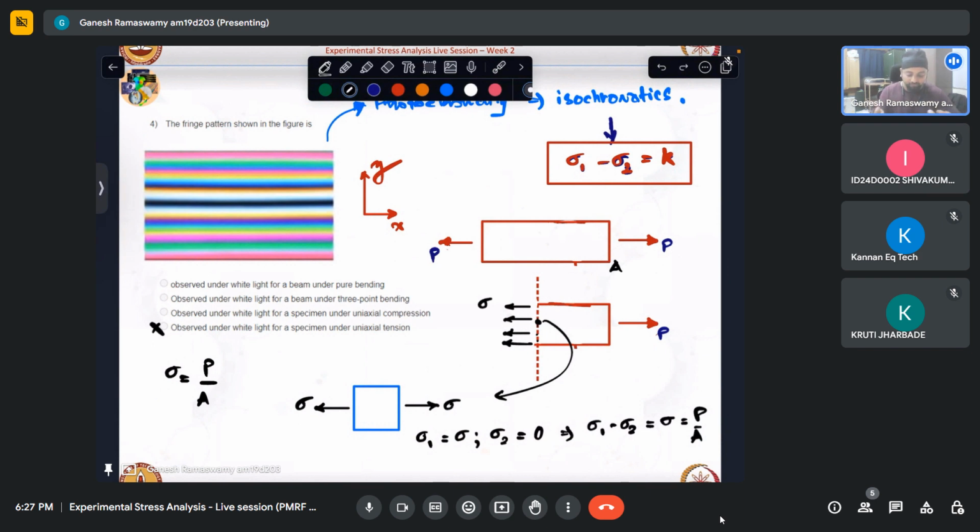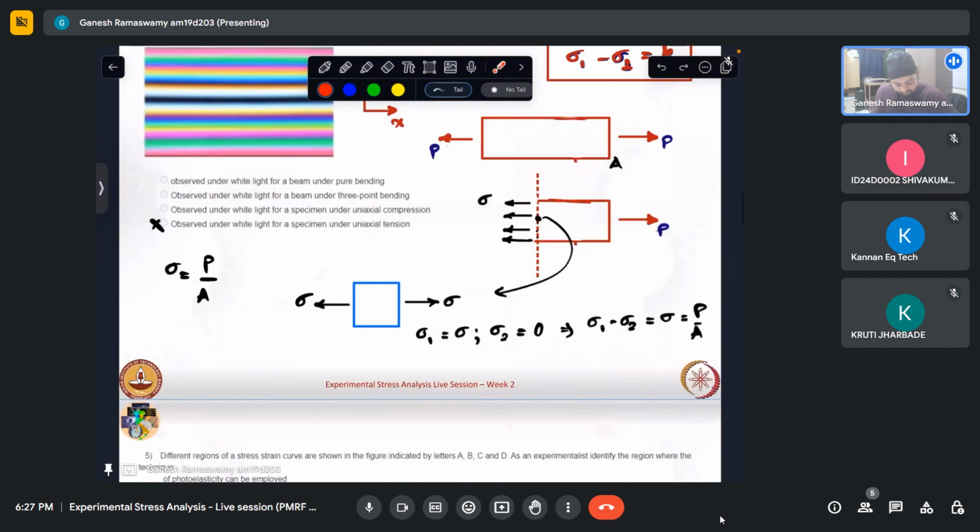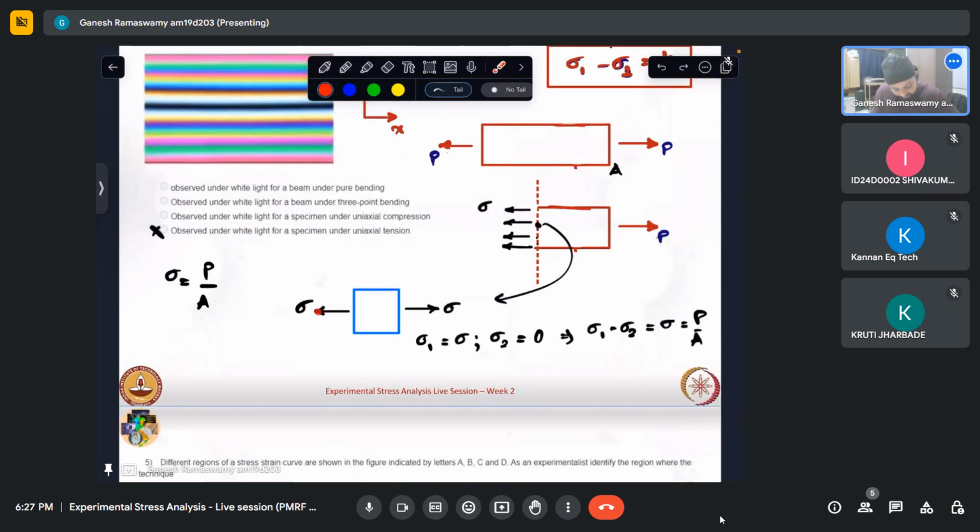So now if I were to take the same case and I just flip the load, make it minus P, what do we think will happen? It will just get reversed. Similarly, this will become a compressive stress. That is the only difference. So what would happen? My state of stress will change. This will become compressive. That is all. In such a case,